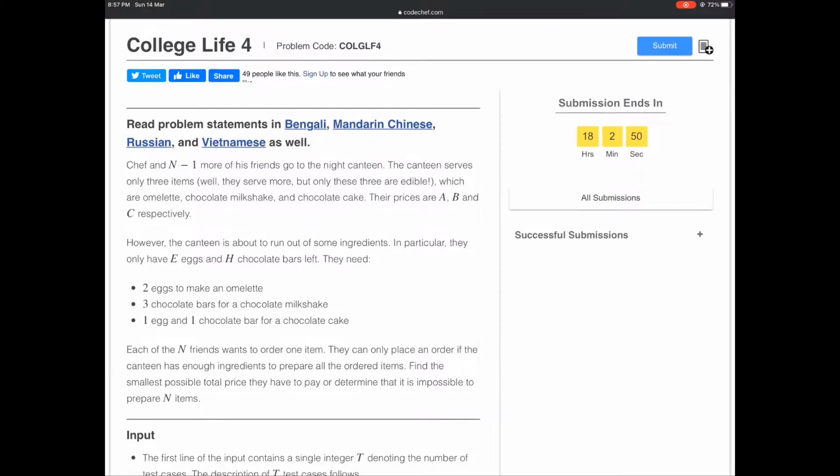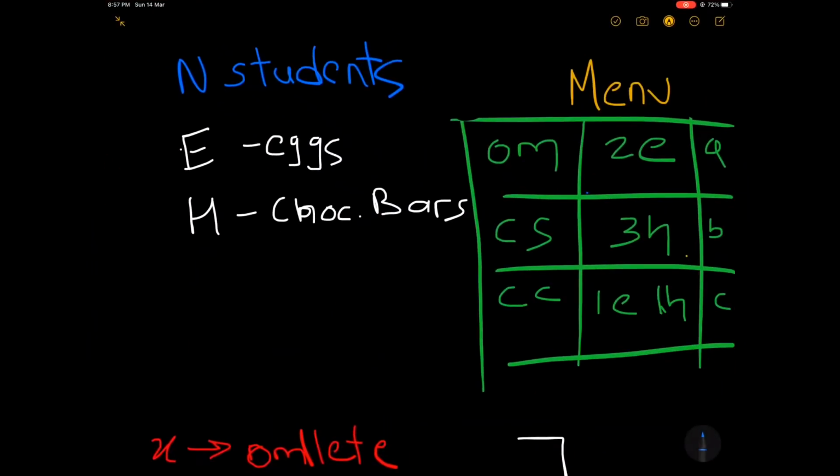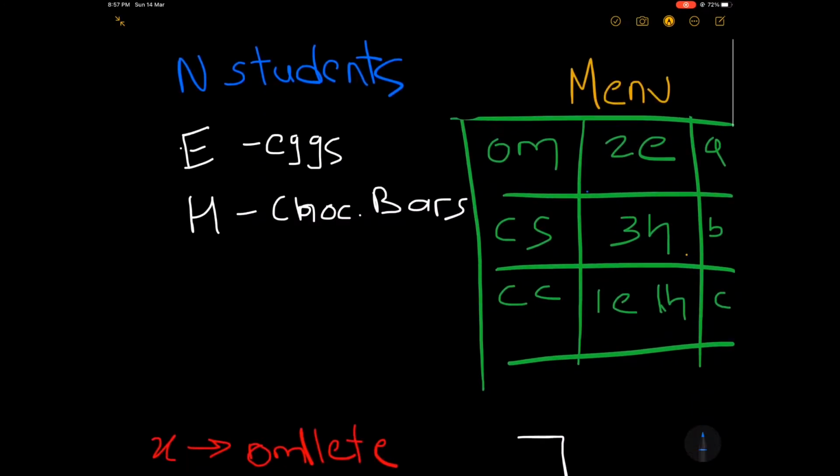Club. So now we are discussing the problem College for Life from March Long Challenge Courtship. So let's understand first what the problem is. We are given that there are n students in a college. They went to the canteen, and the canteen contains a stock of E eggs and H chocobars, and the